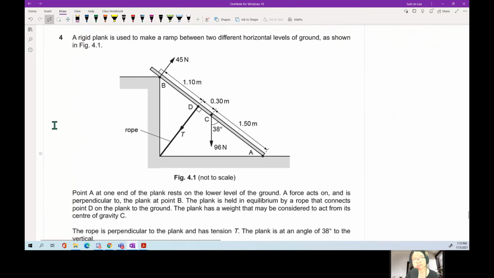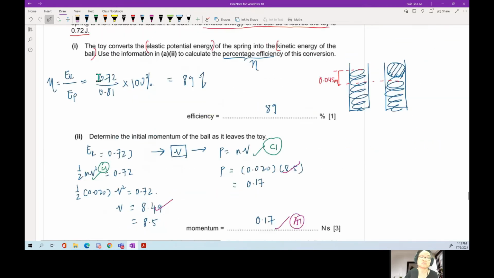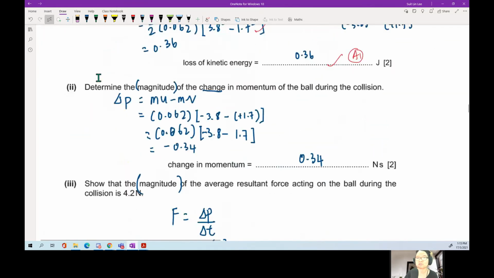Okay, last one. A rigid plank is used to make a ramp between two different horizontal levels of the ground. Okay, this is very similar to the fishing rod question. You can look at the direction of forces, it's almost identical. I'll show you the fishing rod question very quickly. Actually, I can just